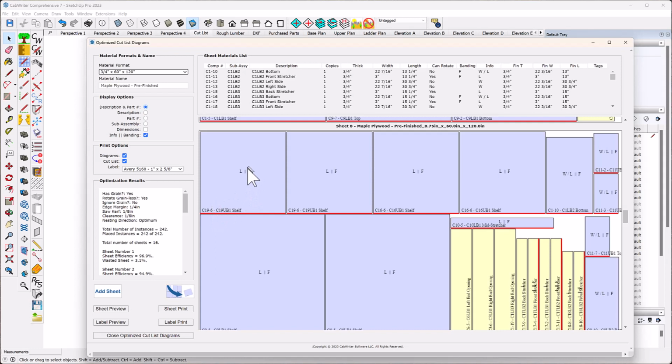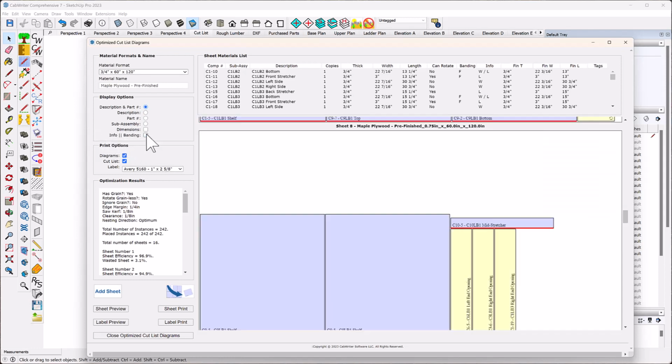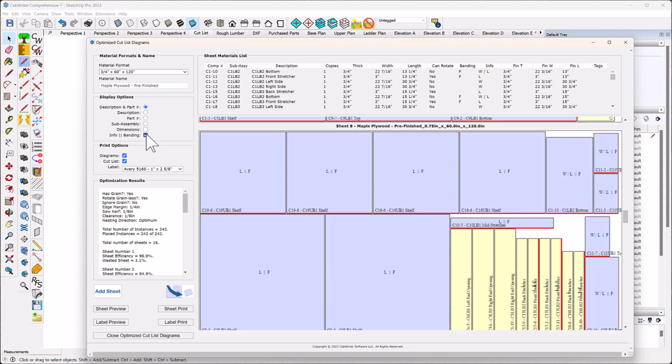And notice right here, notice this information that we have checked. It's called info, double pipe, and then banding. Well, the info tells us what dimensions have been oversized, and the banding tells us what edge has been banded. And right now there's only an F here for front edge, because these are shelves,